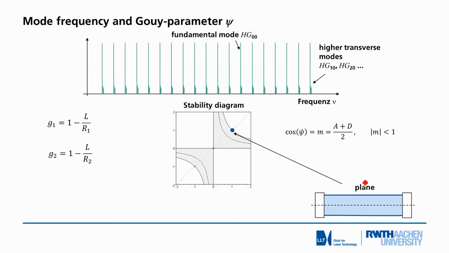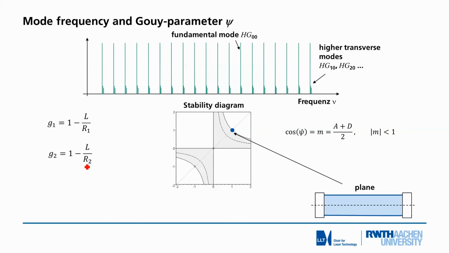This picture actually summarizes the situation of the resonator. If you look in a so-called stability diagram where 2 G parameters are plotted, and the G parameters are related to the characteristics of the individual mirrors in the resonator. So G1 is 1 minus the length of the resonator, the distance of the 2 mirrors, divided by the radius of the first. So it's a dimensionless magnitude, the G parameter, and for each mirror you have one value, for G2 correspondingly.